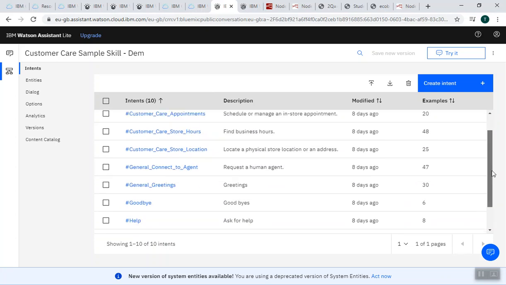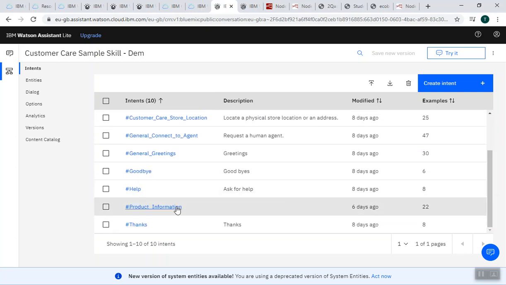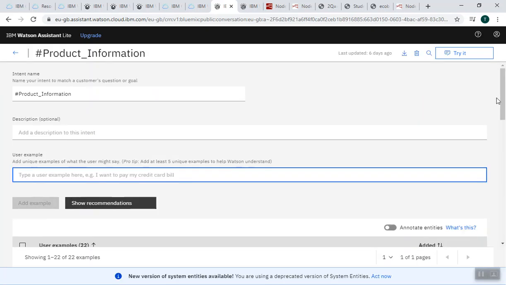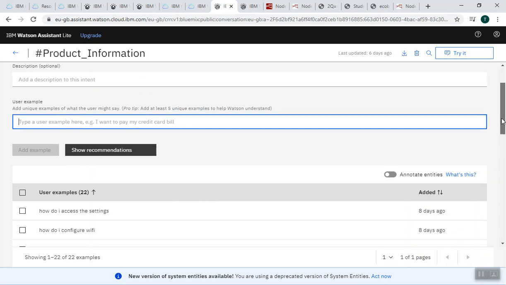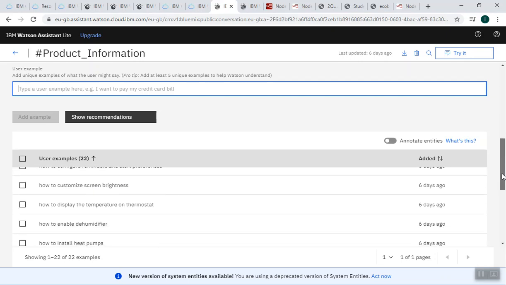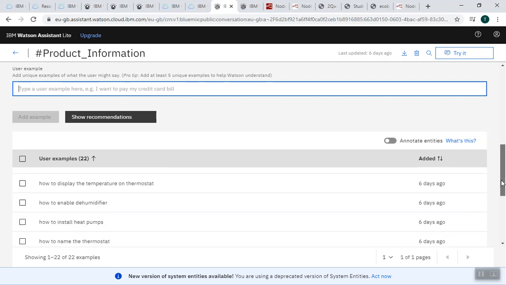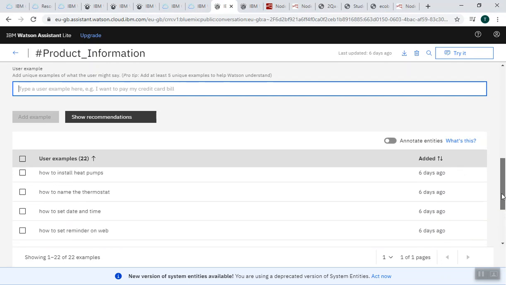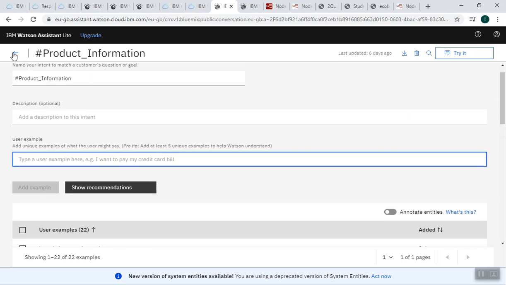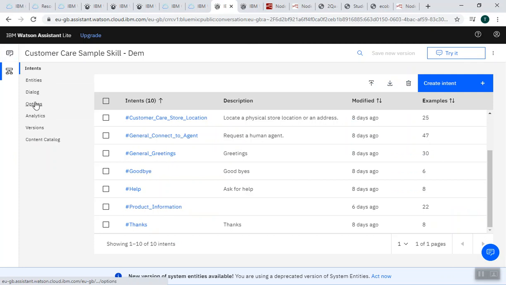Now for product related questions, I've created an intent called product information. And in this intent, I've given some casual questions, which are likely to be asked by the user based on the product. So I've added some 20 something questions to the product information, and then we'll go to options,